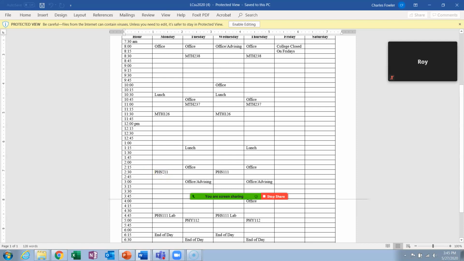And then this class starts at 2:30. It goes until 4:45. Then we have the lab. It goes until 6:15. Now, a lot of days our lab will not take us a full hour and a half. In fact, some days we may not even have a full lab because maybe we'll do the lab the next day.